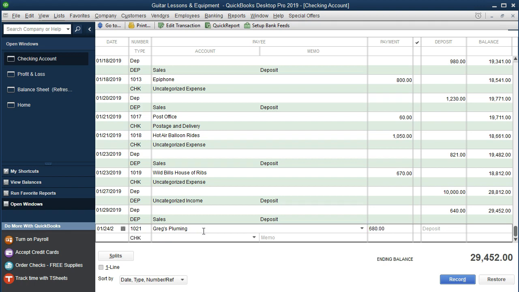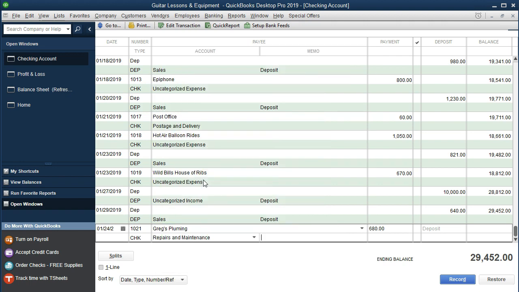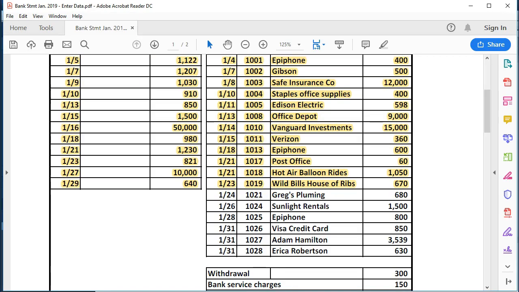Now again, we might have to ask and say, well, is that on your house or on your business setting? But if it's on the business checking, and we're fairly good that they keep those two things separate, we'll put it into what plumbing would typically be, something like repairs and maintenance. So we're going to put that in repairs and maintenance. Next item,